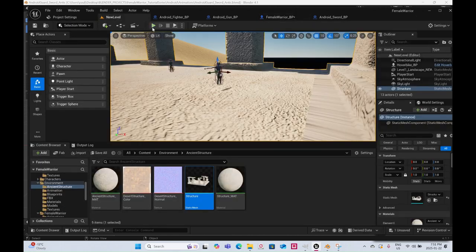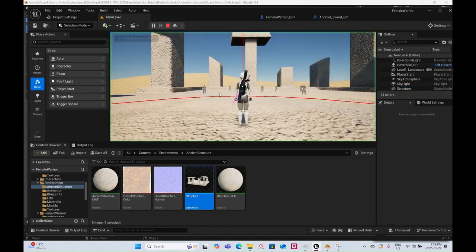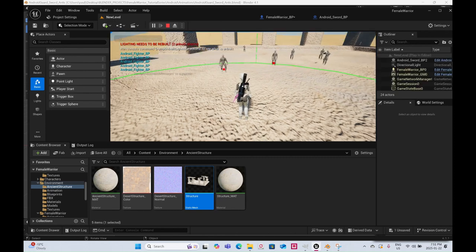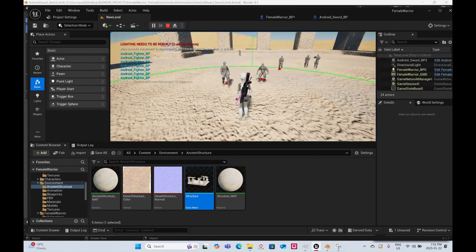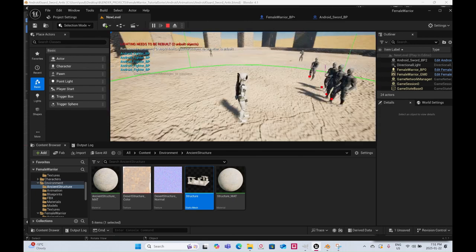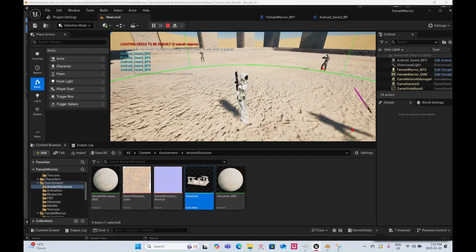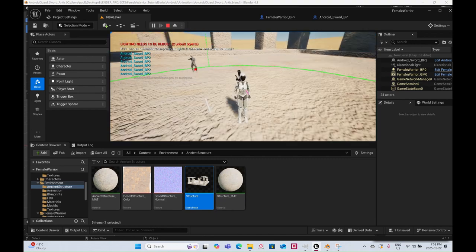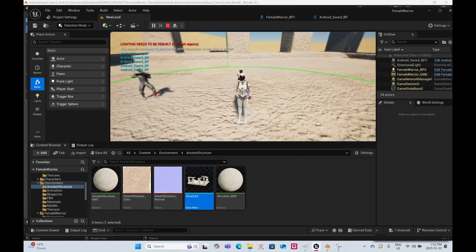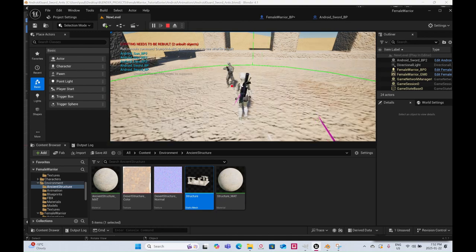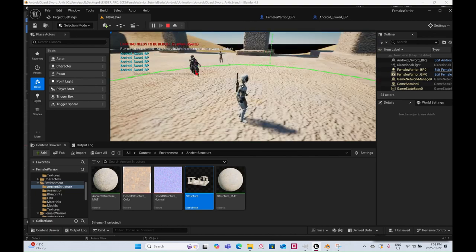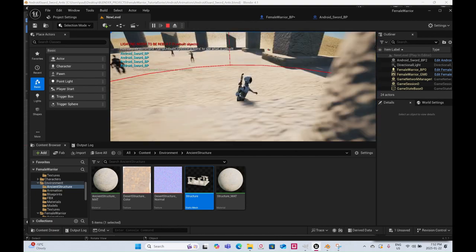if I go play, see, enemies are detected, but as soon as it's within 500, she turns to the closest enemy. But just say the closest enemy changes, then let's just say this gun character is closer, then she'll rotate to the gun character. But if I move far enough away and none of the enemies are detected,